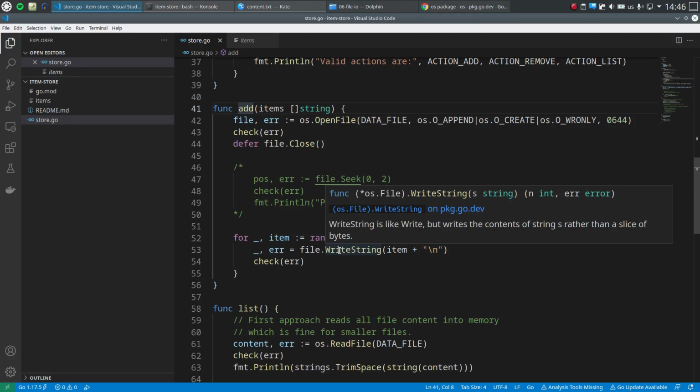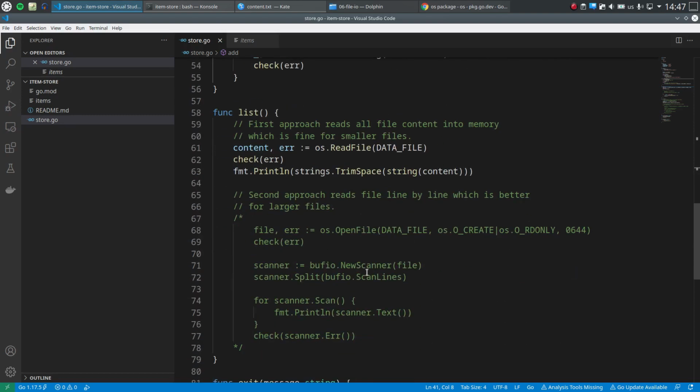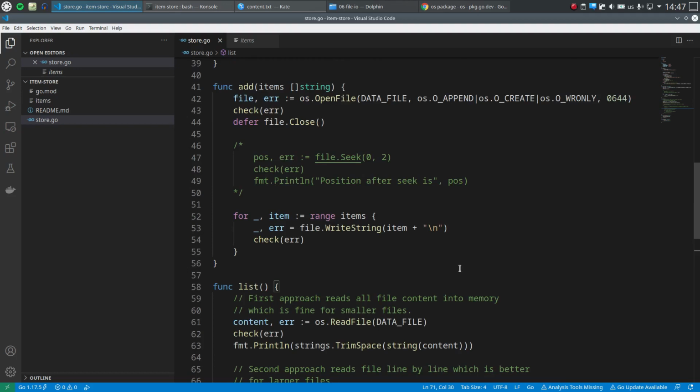Now, if you're writing a lot of data, if it has large memory consumption, or if you do very many high-frequent small writes, it's more efficient to actually use buffering again. So the concept is similar to what we did here when we used the scanner. Instead of writing every little piece of bytes,